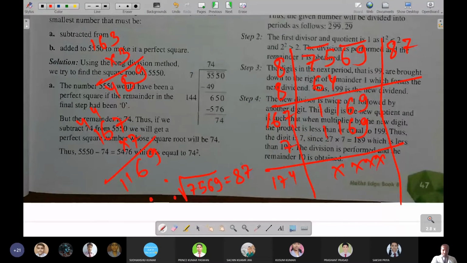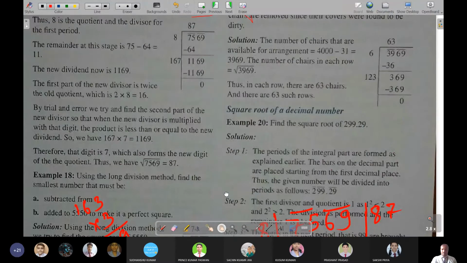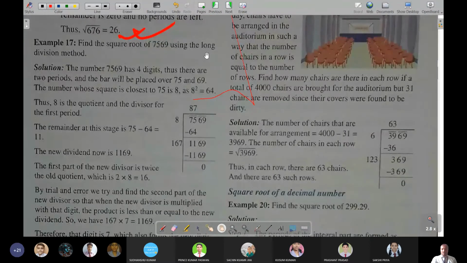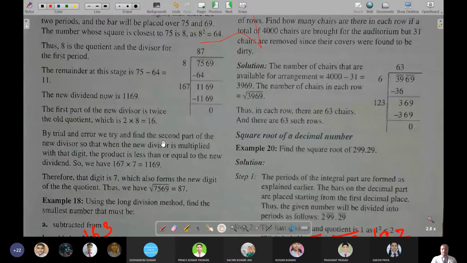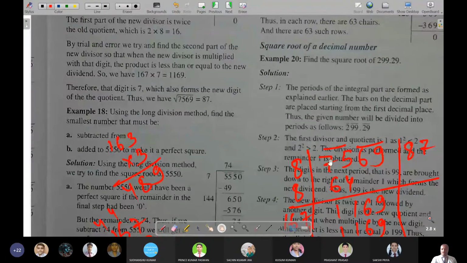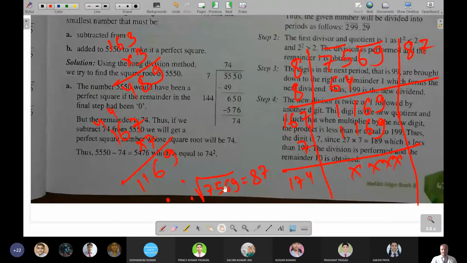So clear? Now, if you see over here, there was an example. Example number 79. Find the square root of 7569 using the long division method. So of course it has been found. Of course, here the steps have been explained. No need to explain steps. Steps are only for making us understand. But yes, in the long division method you have to show this long division, and at last you have to write the answer like this.